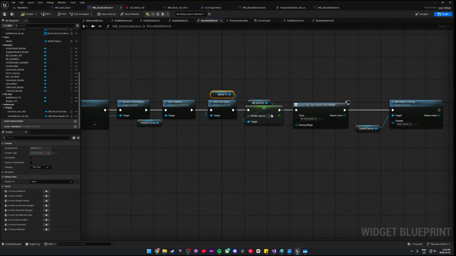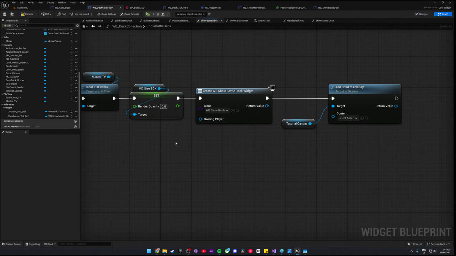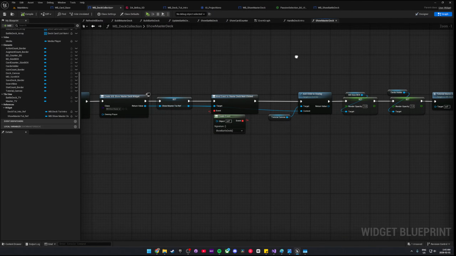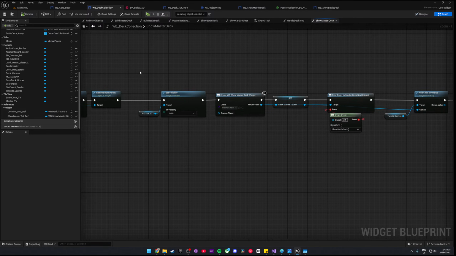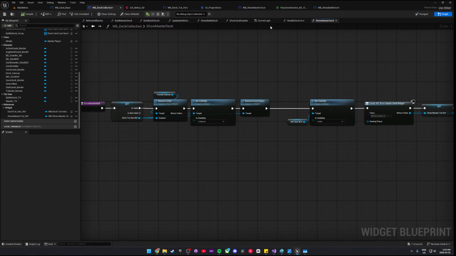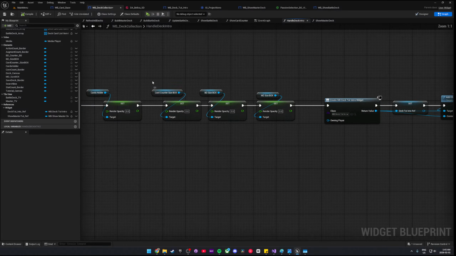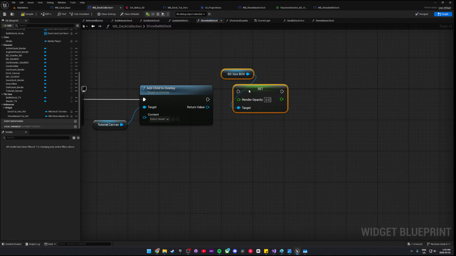So we did clear all the items. Oh, okay, so the master deck render opacity, we didn't set this to 0, which is cool. Okay, so here in the beginning of the intro deck, we're setting the battle deck size box to render opacity 0. So now in the battle deck here, we would want to do render opacity to 1, so it starts showing